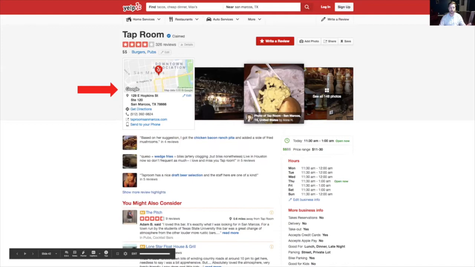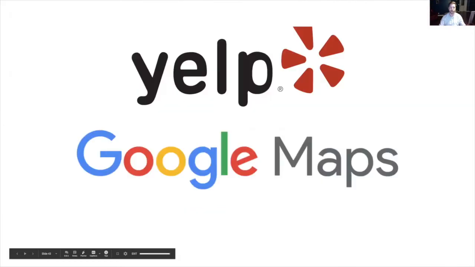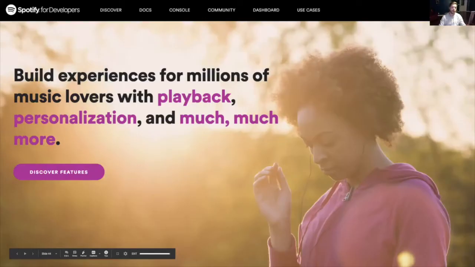That way, a company like Yelp doesn't have to go out and aggregate it for themselves. They can pull it in from Google's API. Spotify has an API. It allows journalists and storytellers to access information from Spotify themselves to see which artists are being most played right now, and try to get recommended artists and all kinds of things that music journalists can build their own little app